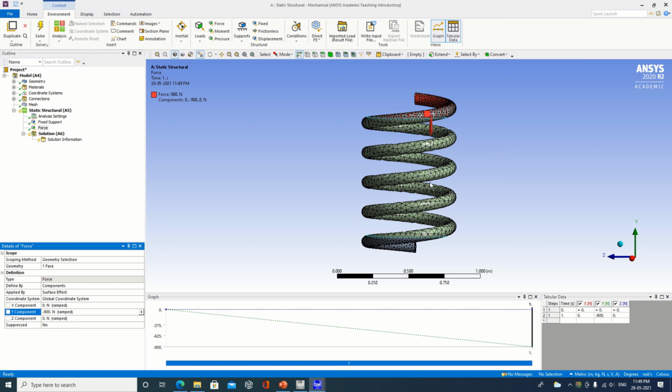Now let's see whether we can generate the solution or not. So I will select this solve over here. So the system will start doing the